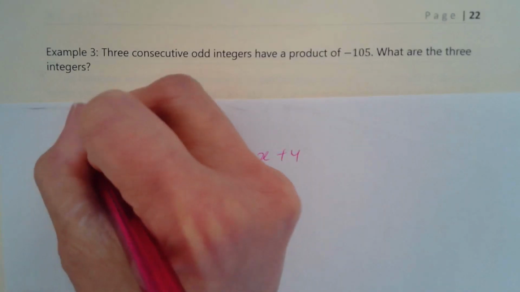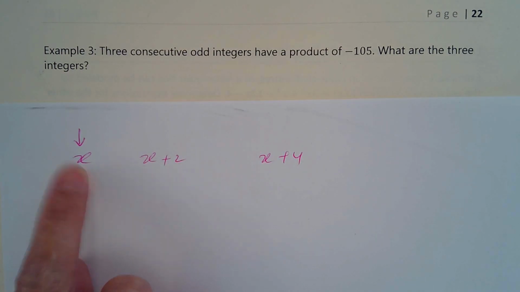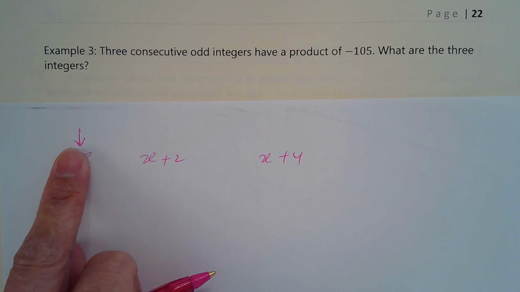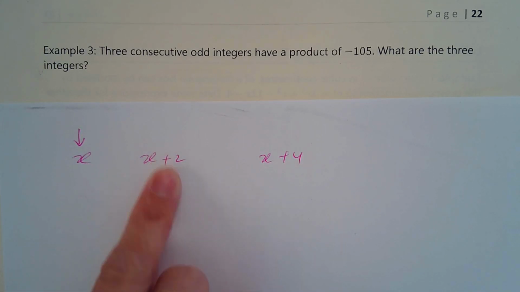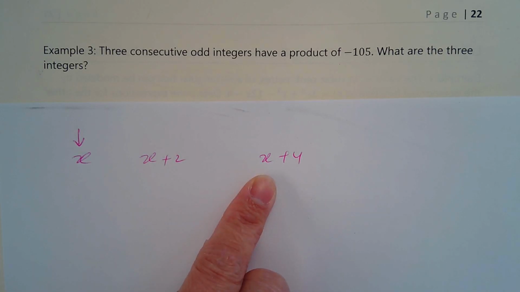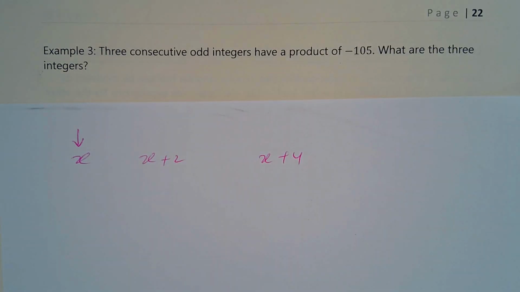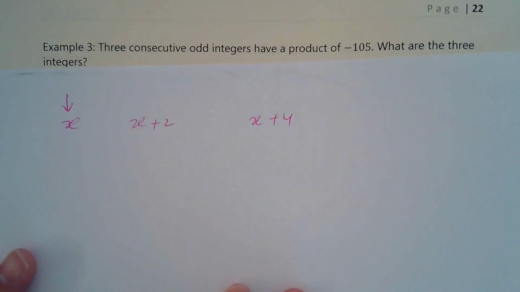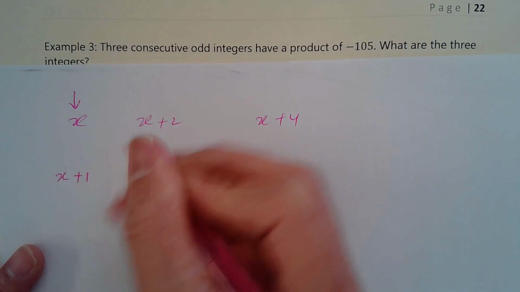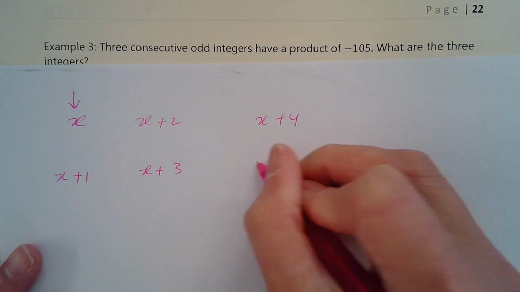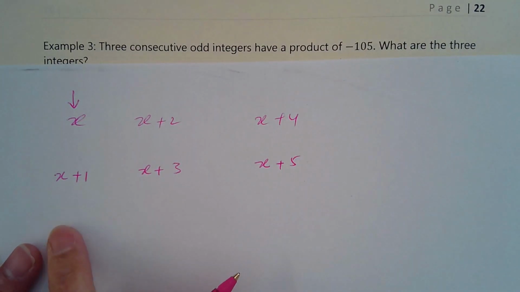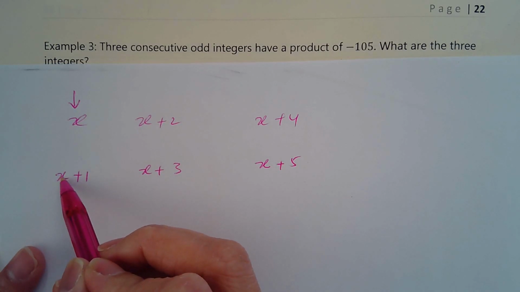But this one doesn't guarantee that it's an odd number. It could be an even, and then the next even, and then the next even. So this is a nice way to think about it, but it doesn't guarantee an odd number. What about x plus 1, x plus 3, x plus 5? Okay, that's a good thought. Now, if x is an odd number,